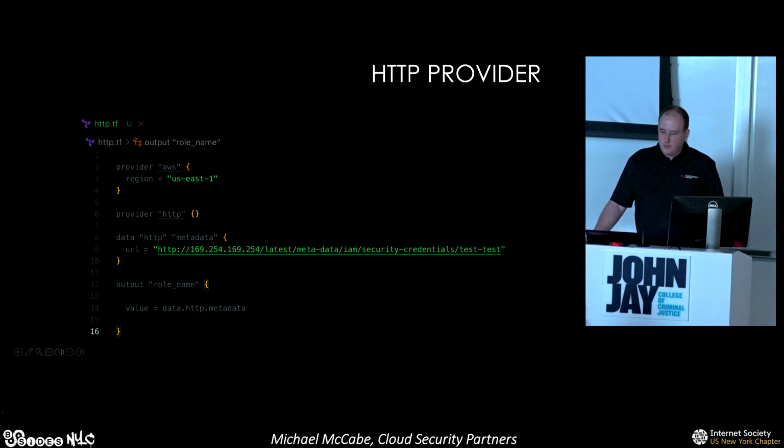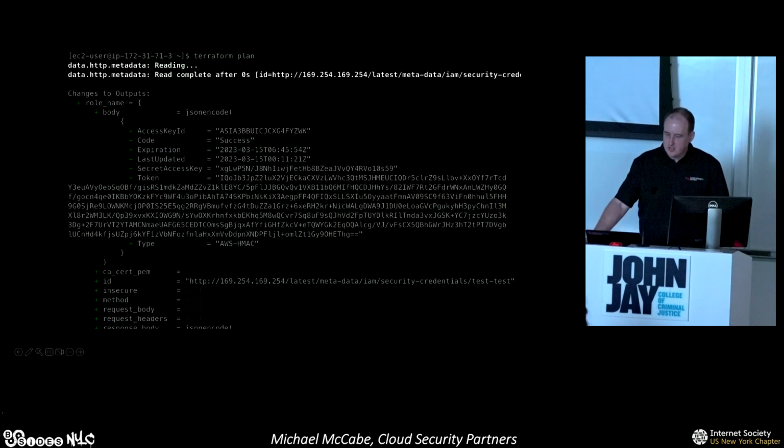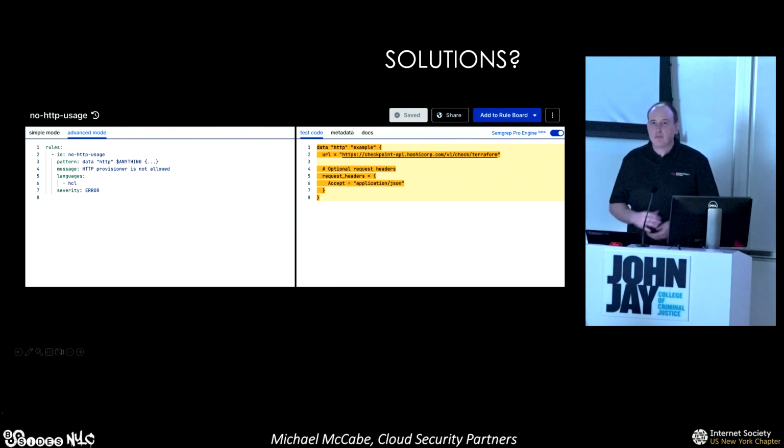But there are a lot of different ways you can use data lookups to get more interesting information. And here's just an example of what that would look like. Fun thing about this too, and I'll talk about this, but this all runs at plan time, so not at apply time. And that's important when we talk about some of the tooling that's out there. But you can see we're able to pull out this data and output it to the plan. So again, the solutions for this are super simple. If you've written SemGrep or if you've written grep, you can write these rules to prevent this type of behavior. It doesn't have to be super complex. It's very basic patterns in Terraform, so it's very basic SemGrep rules.